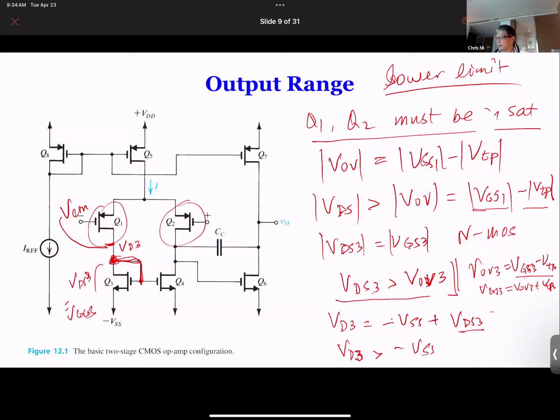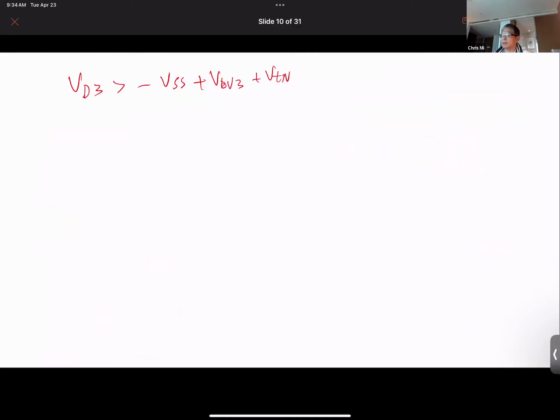VDS3 can be replaced by VGS3, which means it's VOV3 plus VTN. Okay, so now I got it right. So this VDS3 has to be larger than this, and VDS3 equal to VCM,